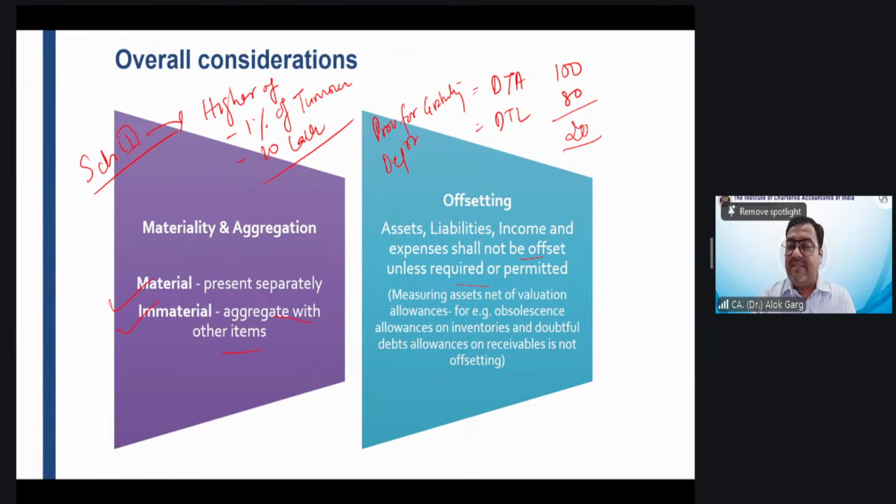Friends, yes, this transaction has to be offset. Why? Because the settlement has to be done with the same party. On the balance sheet date, the company has to receive 1000 rupees, but the company has to pay 800 rupees also, right? Yes, you are absolutely right, Rachit. And the company has to pay that 800 rupees to you.